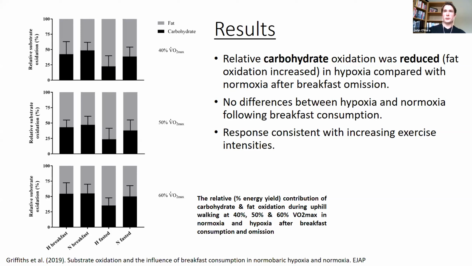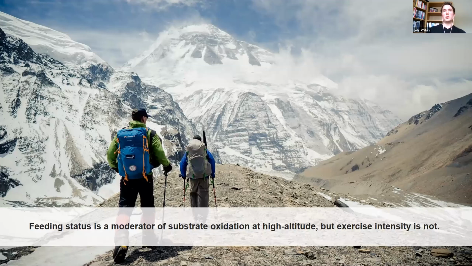In terms of exercise intensity, the response wasn't consistent. So at the moment, we're suggesting that exercise intensity is probably not a key moderator when we're looking at exercise intensities between 40 and 60% of VO2 max. And so our conclusion from that study was that feeding status is a moderator of substrate oxidation at high altitude, but exercise intensity is not. But we're also interested in carbohydrate ingestion. So do we get the same effect when we control or manipulate feeding